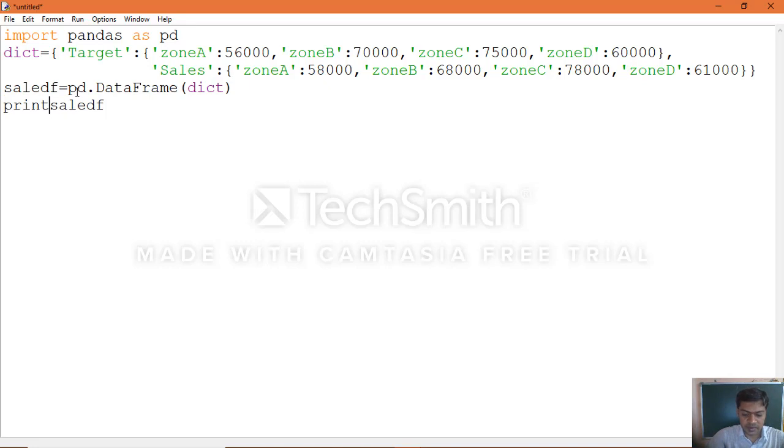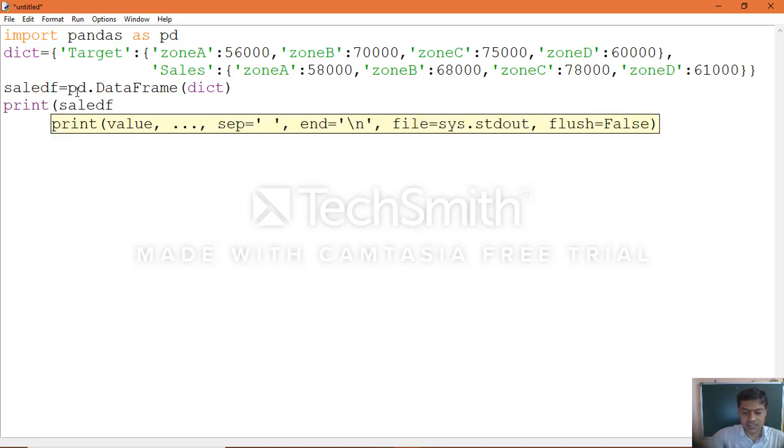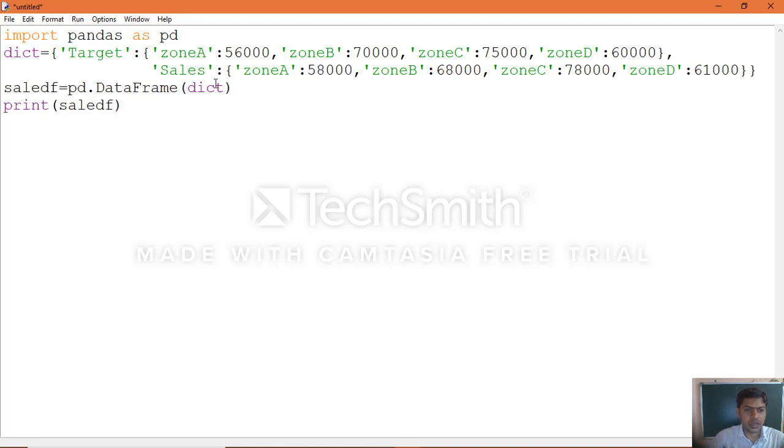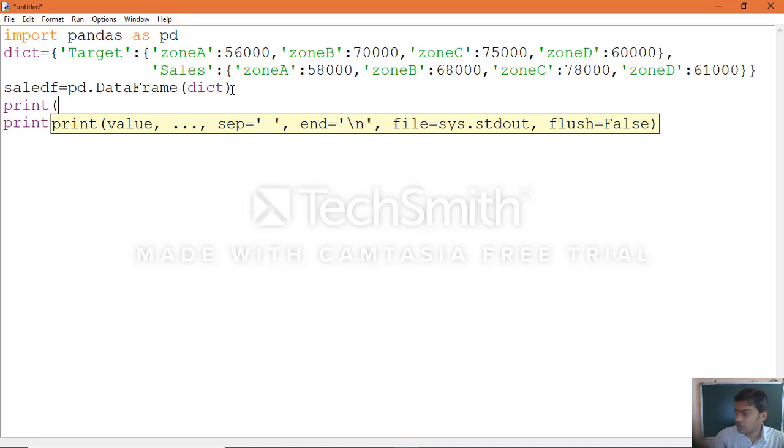Here you need to use print because this is a script file. You can even add the original data frame object here.